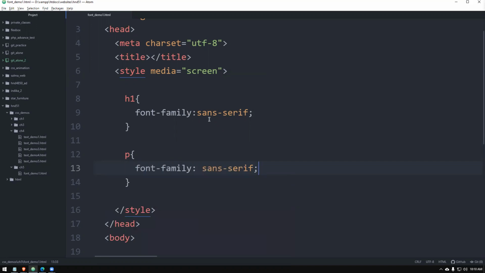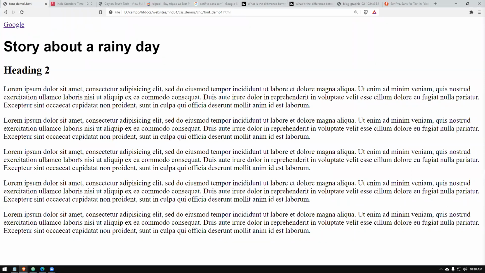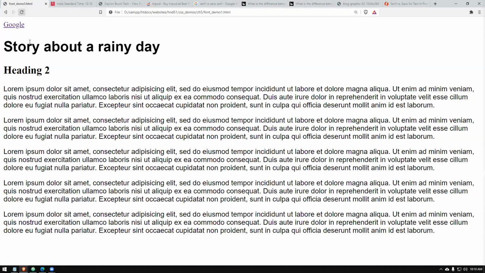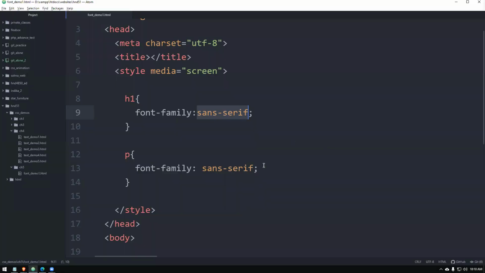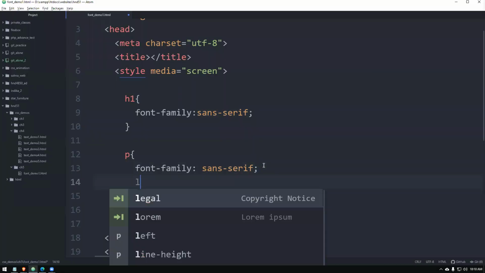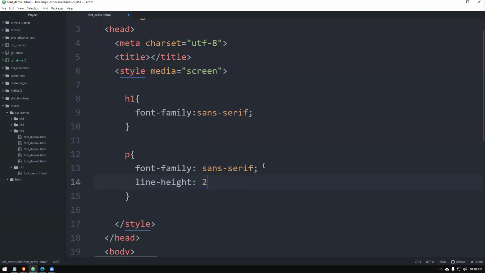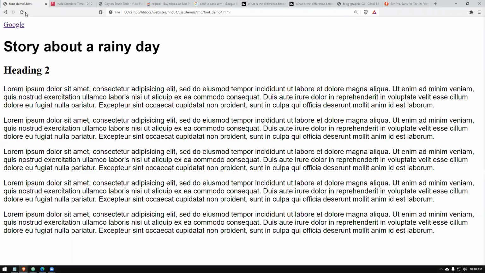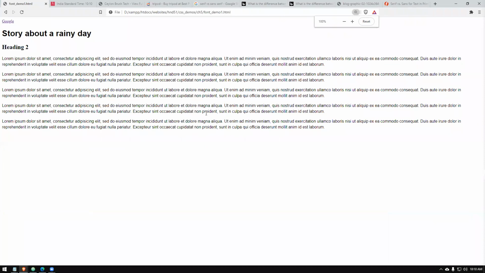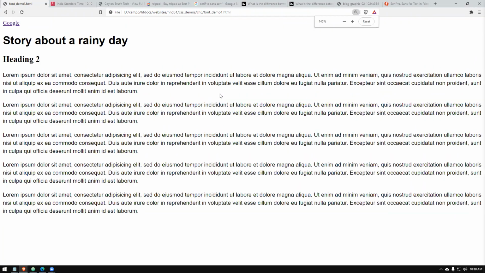One more thing you can notice: when you give two words as a property value, you separate them with a dash. I think you can do it with single quotes also, without the dash, but I prefer this normal standard method. See, this is also going to change now. As I mentioned earlier, with a little bit of line height, it looks very nice. Normally, it looks like this on websites. Hope you got an idea.